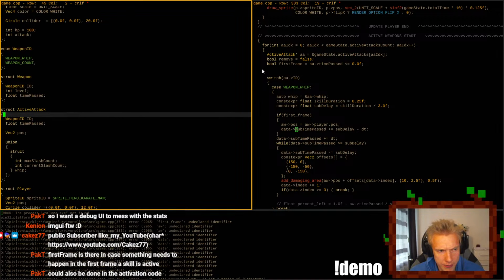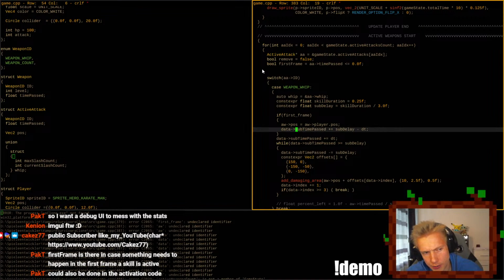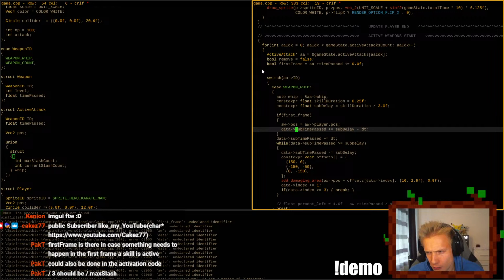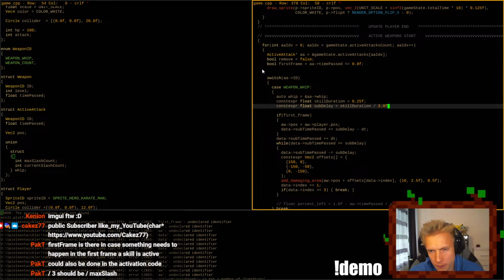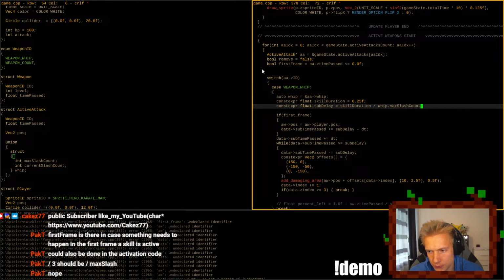Active attack again. We only have time passed now. So divide should be by max slash. Then it can't be a const expression anymore, right? I think we need to do whip dot max slash count. Nope, yeah. It's fine though.